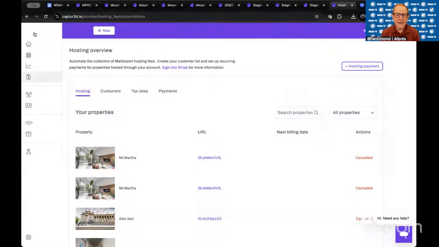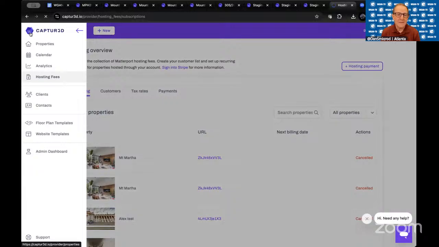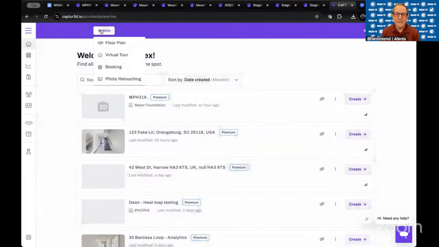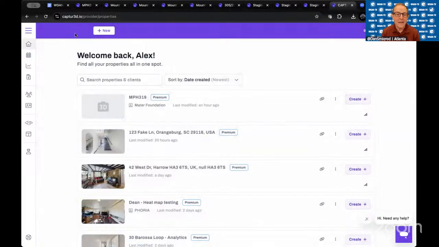It's, Alex, an additional 4 credits. Could you share your screen again? Take us into floor plans. I think of floor plans as one of the pillars of Captured. You've been offering floor plans since the beginning of time, and there's lots of options. Could you perhaps, rather than the back end, take us into the front end or to your website where you have sample examples of the different kinds of floor plans that are possible?